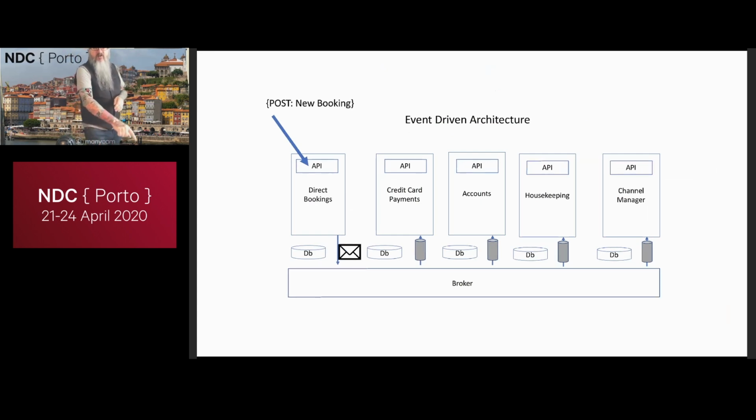But what happens now, effectively, if I try and take the payment? The problem is going to be that I end up in a world where the credit card payments service doesn't have the account details for the customer to get the credit card information. So how do I get hold of that credit card information? Because the booking's just come in, right, and I don't seem to have it. How would I get hold of it? And naively, what happens is a lot of people, when they're discussing how microservices work, say, oh, once you've received the notification it's a new booking, you would make a call to accounts via the accounts API to get the credit card information, etc. that you need.